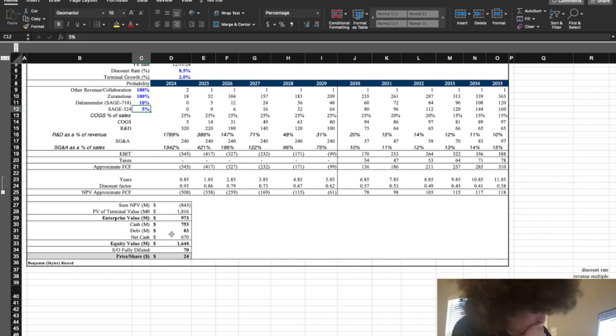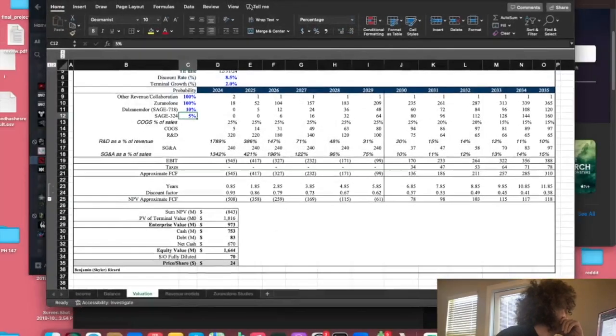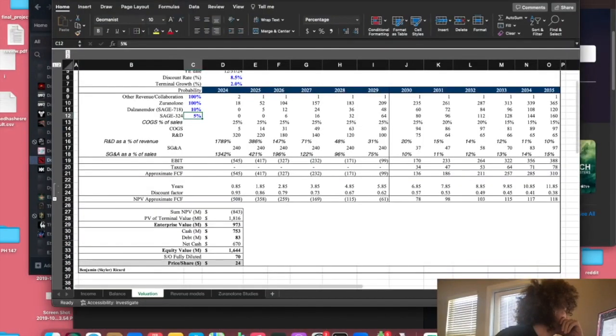Here's the thing: I could do more work on whether or not these drugs will be approved, the probability and likelihood. Either way, I would look at the treatment, look at their effect, look at any of their trials. And I probably should do that to get a better idea. You know what? I'll go ahead and do it now that I've talked myself into it. So what we want to do is look at the